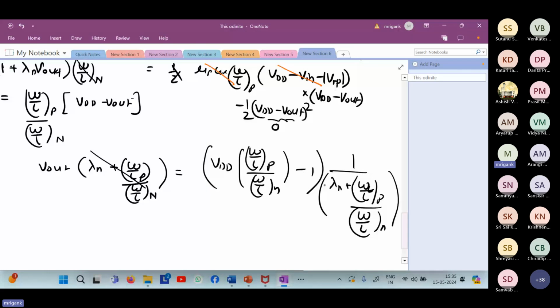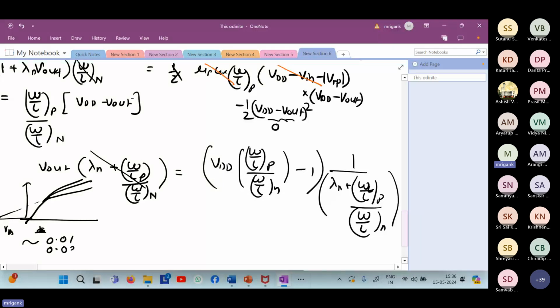If you remember, VA is the early voltage that you do in BJT, but in MOSFET also there is a similar part. So you remember how do you obtain lambda? You have this curve and you extrapolate, and then you get this VA. That VA is much bigger. 1 upon VA, you get the lambda. So that lambda value, in the older technologies, is going to be 0.01. In newer technologies, because this curve becomes steeper, the saturation region becomes steeper. There you may have slightly larger values, 0.03, 0.04 also, but it is a small number. So I can even ignore this.